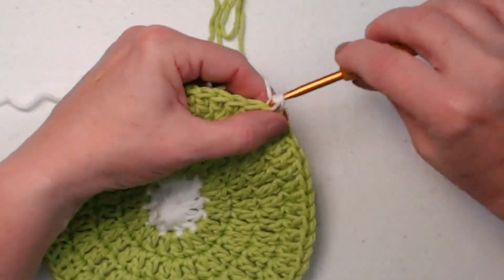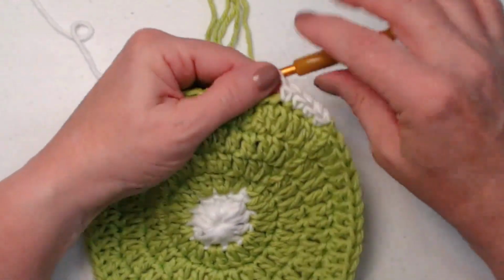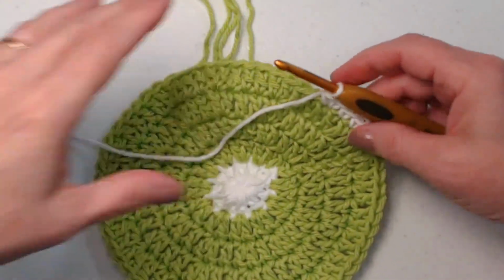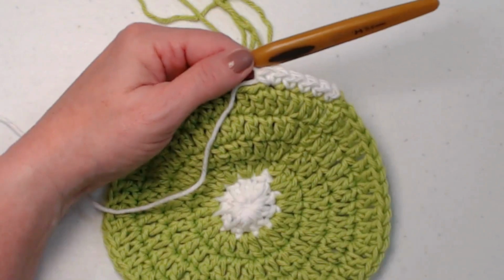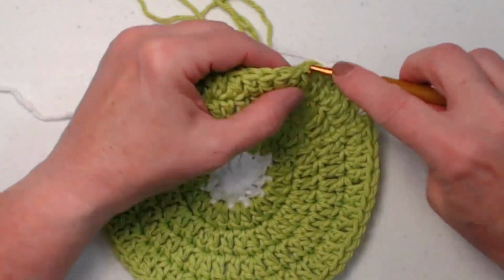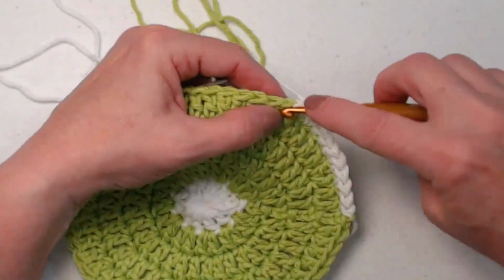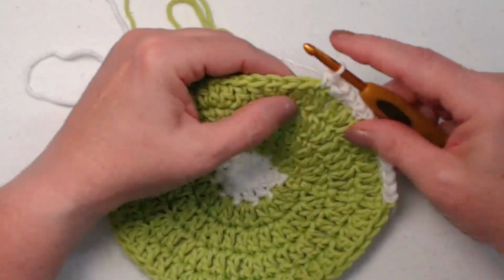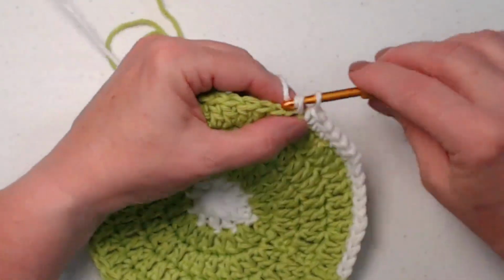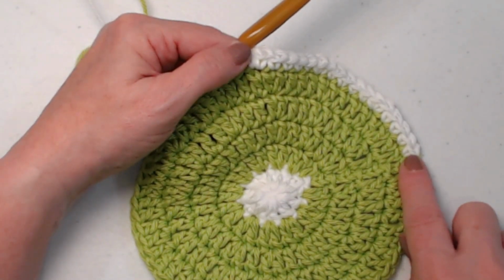Get in there. And we're going to stitch 1 single crochet in the first 4 stitches. Then in the next stitch, we're going to stitch 2 single crochets. And so we're repeating 4 and 2 for this row, only we're stitching single crochets for row 6. All right, so 1 single crochet in the next 4, 1, 2, 3, 4, and 2 single crochets in the next. All right, 4 and 2, and we'll repeat it all the way around and join back to our first single